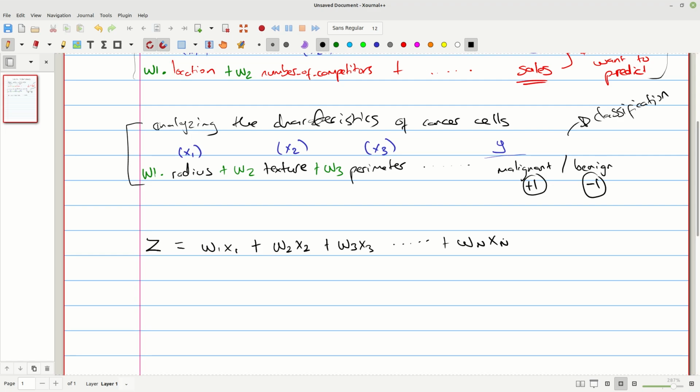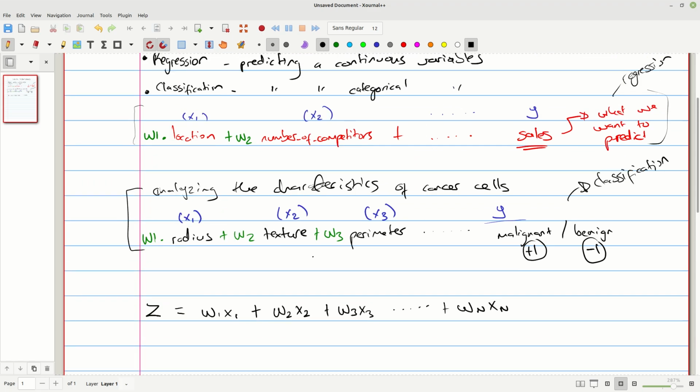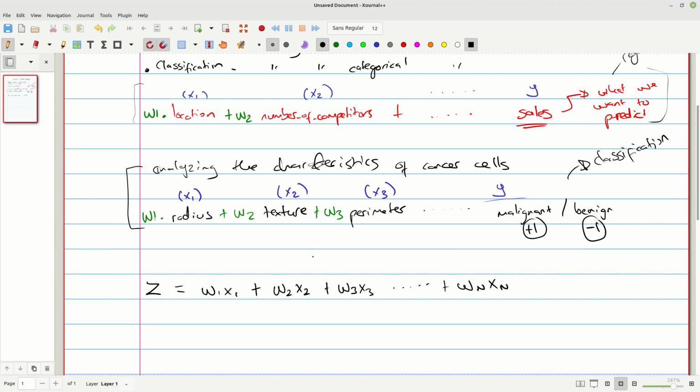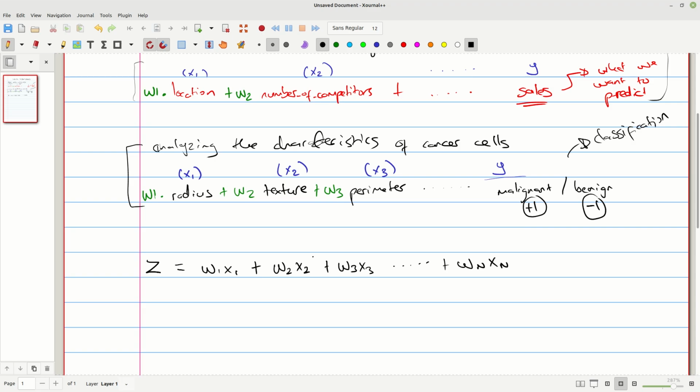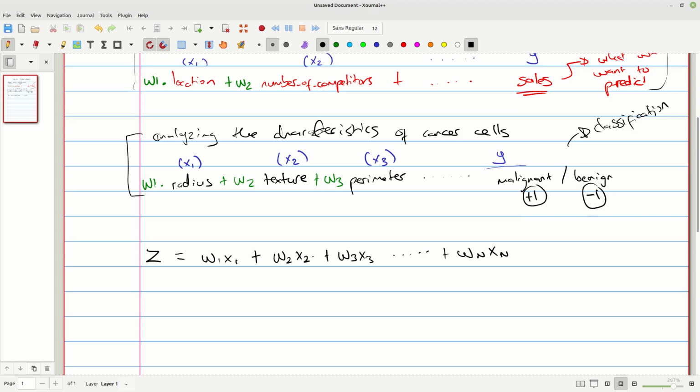And so x here is our feature, and W here is just the weight that we're attributing to that feature. Now we're done with looking at this regression, and we'll analyze this in more detail in later lectures. But right now, I just want you to understand the concept that for each feature, we multiply it by some weight.